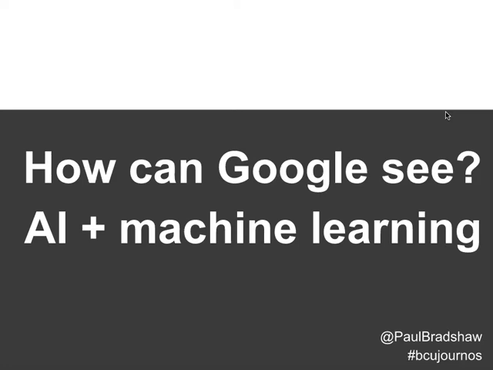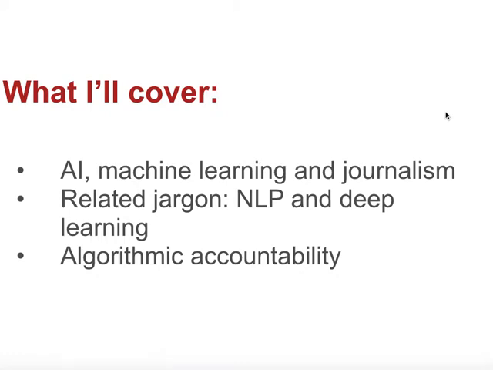In this video, I'm going to talk about artificial intelligence, machine learning, and some of the issues that these raise for journalism, as well as some of the opportunities and some of the jargon involved. For example, deep learning, NLP, supervised learning, unsupervised learning. You'll come across a lot of this sort of jargon in technology generally and in data journalism in particular. So I'm going to talk about what those mean and how they can be used for journalism, including the field